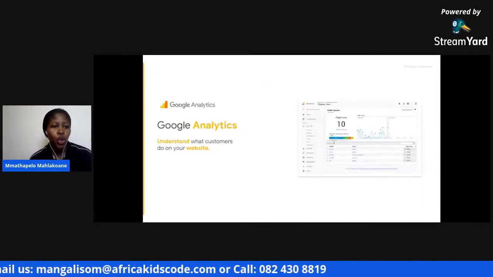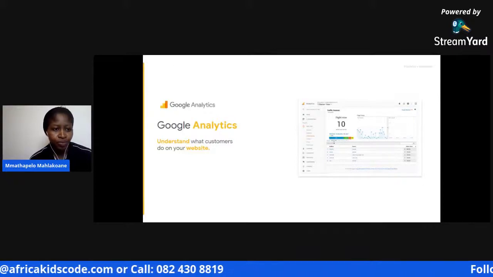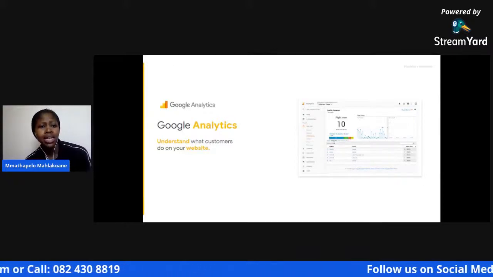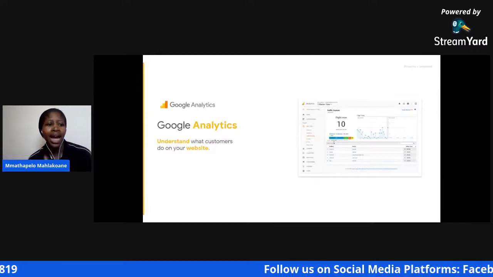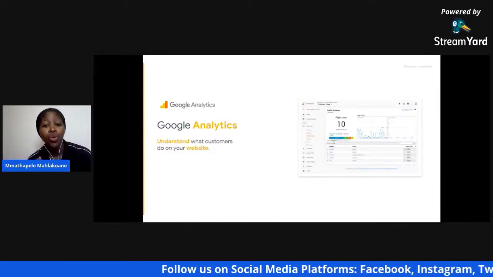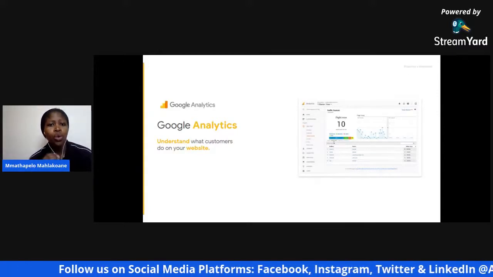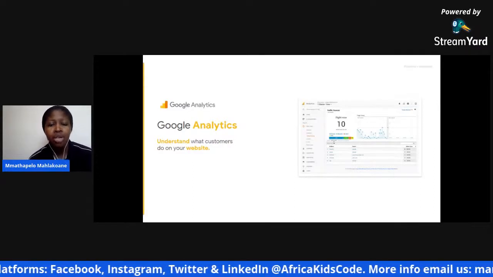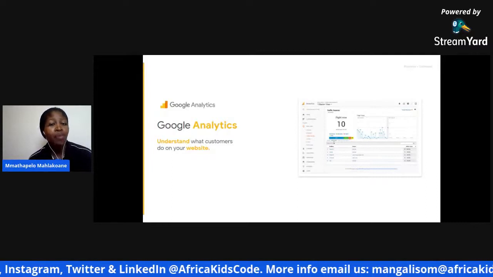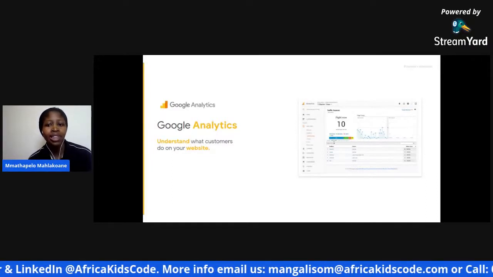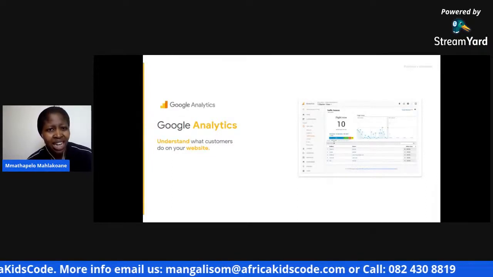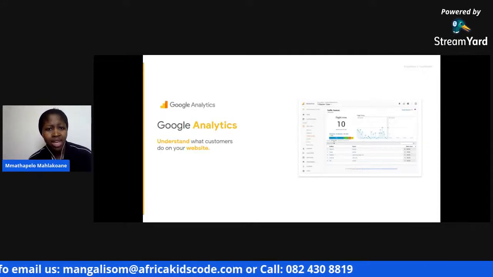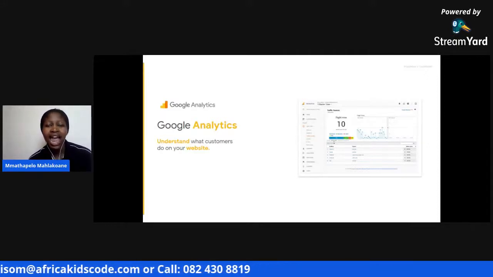So we've got Google Analytics. In Google Analytics, you're going to understand what customers do on your website. You'll understand your site and app users to better check the performance of your marketing, the kind of content that you have, the product and more.